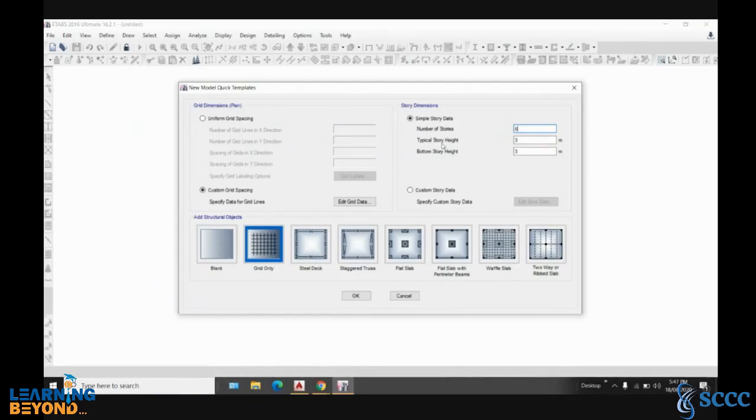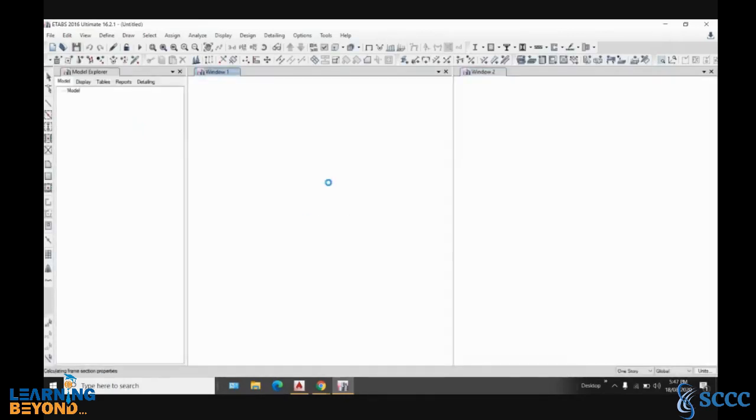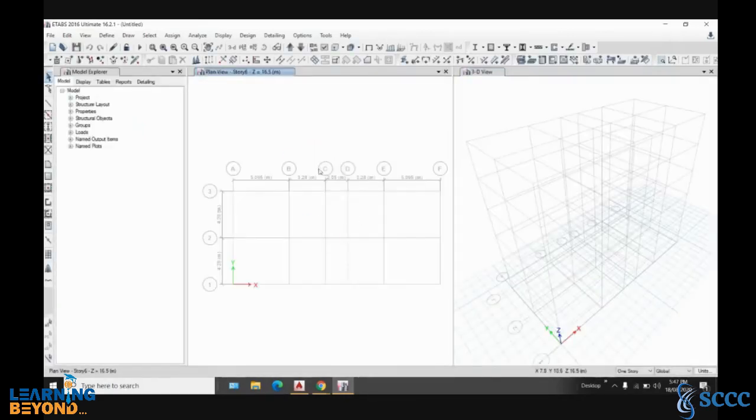Then the typical story height, and this is the bottom story height, which is 1.5, and then click on OK. You see this is the grid: 5.095, 3.28, 2.05, 3.28, 5.095, and 4.29, 4.29. So this is the grid that we need.